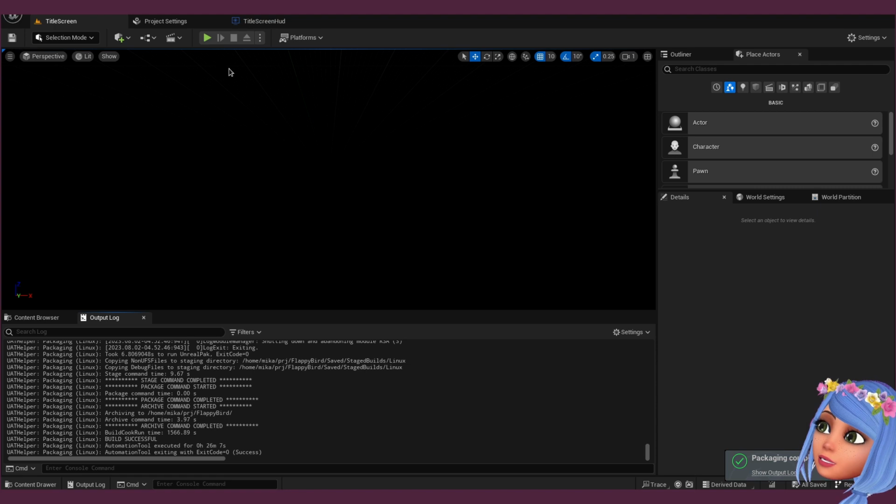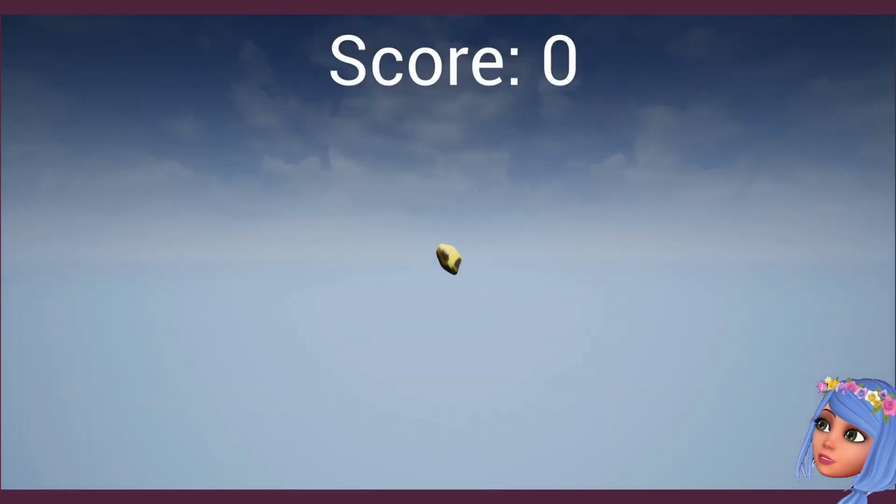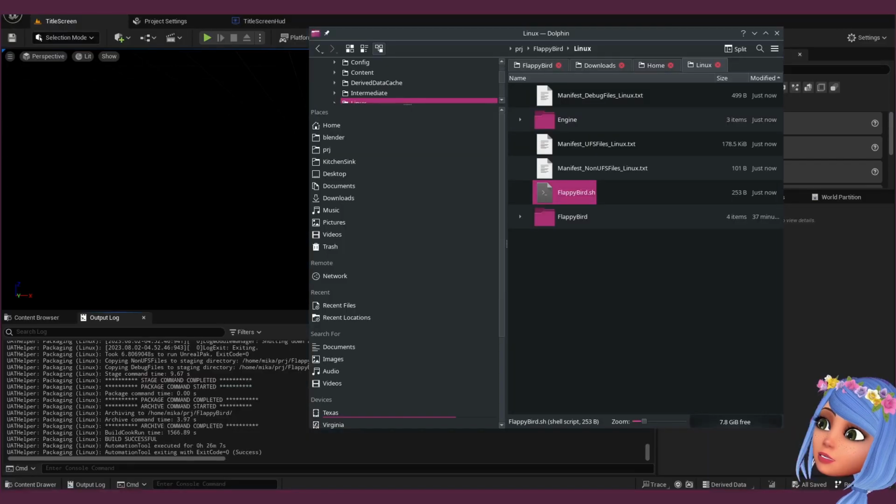Okay, finally. So let's run it. So it's in debug mode, and yeah, nothing in debug mode, but at least probably we will get some logs.